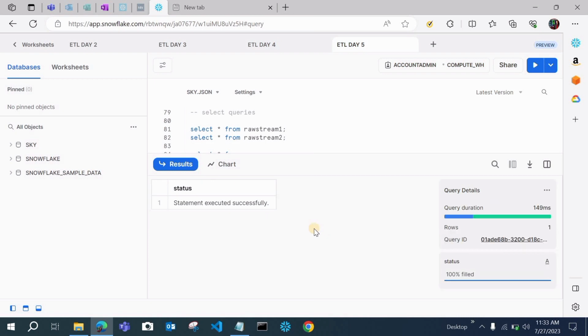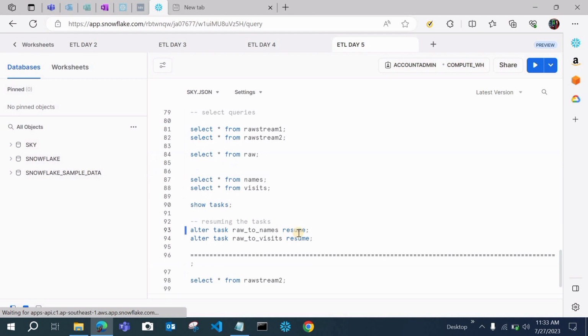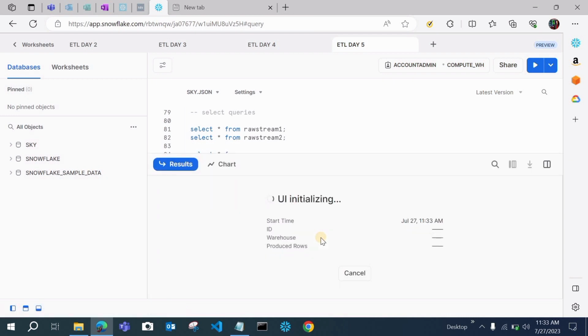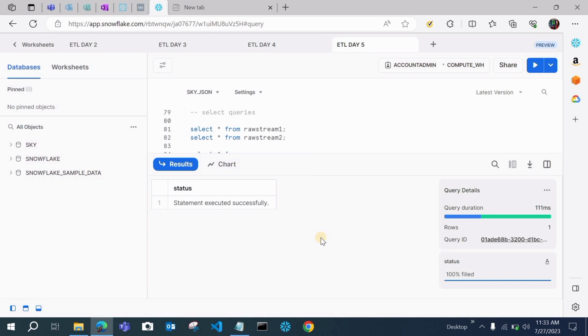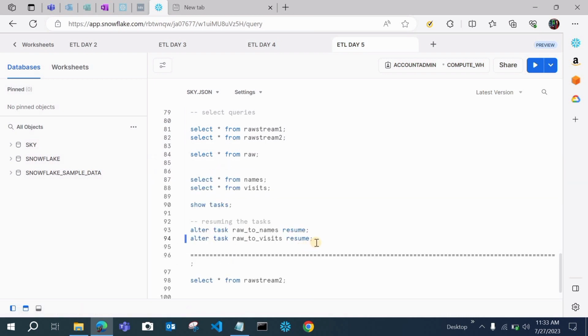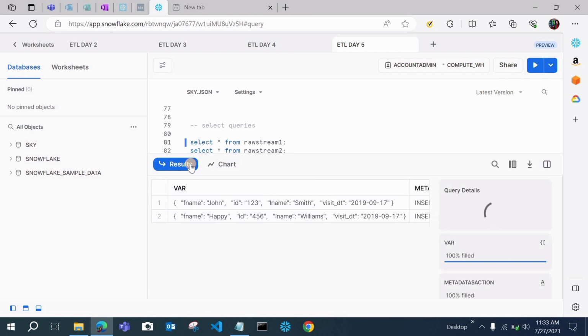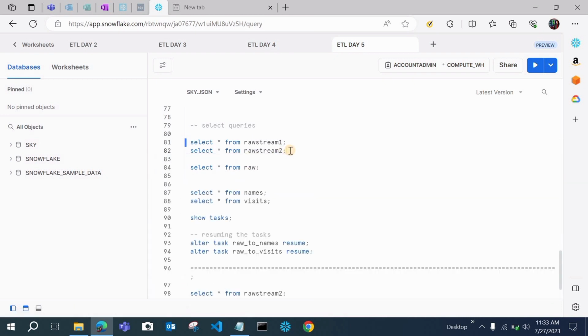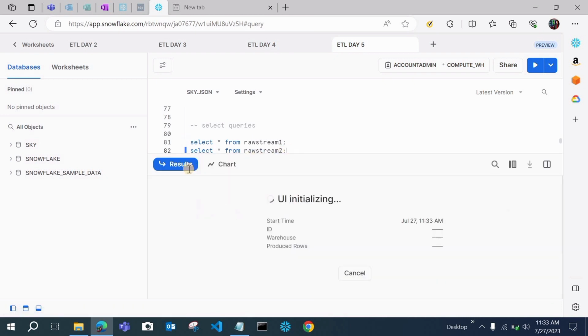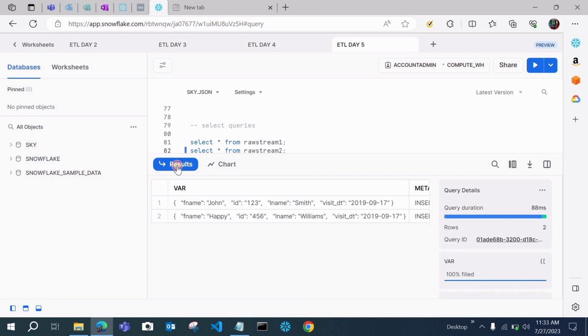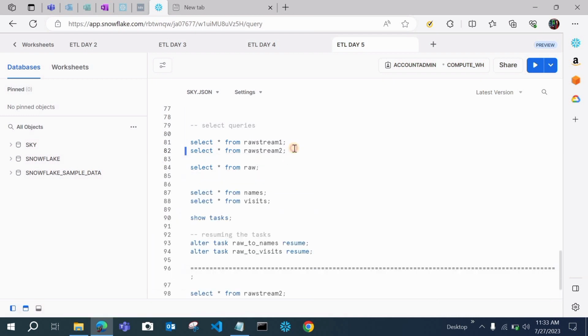Okay, you can see I have resumed the task, and let's resume the second task as well, raw to visits. So our second task is also resumed. Okay, so let's check the data in the raw stream 1, as raw stream 1 is having data, because there I have scheduled this for 1 minute, so we have to wait for 1 minute. Okay, as raw stream 2 also is having data, so we have to just wait for